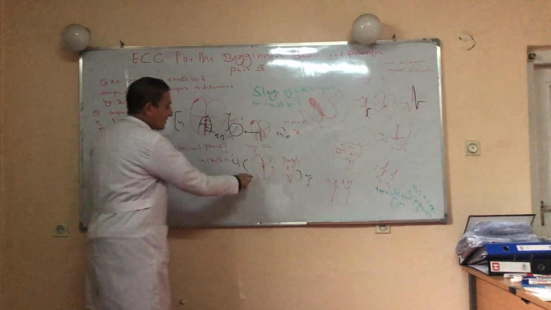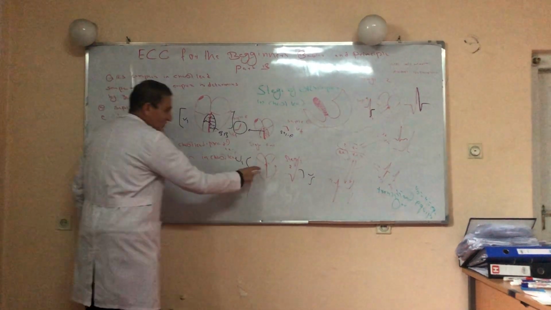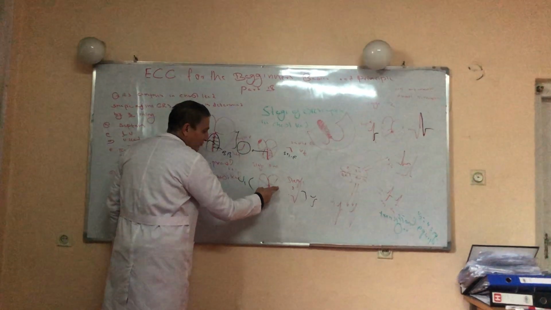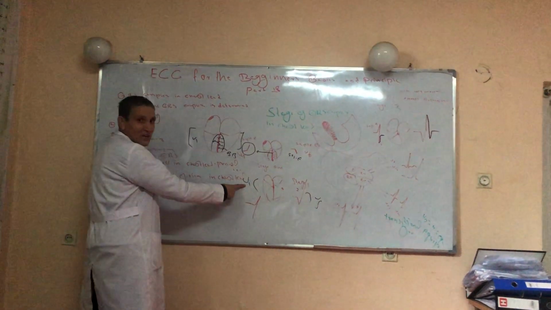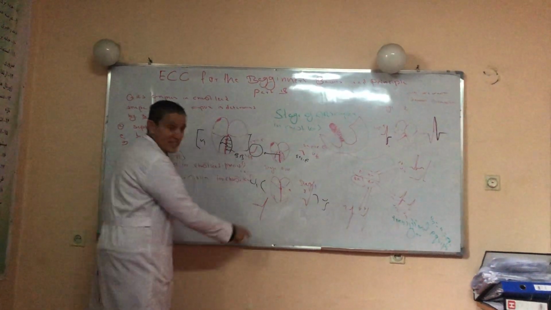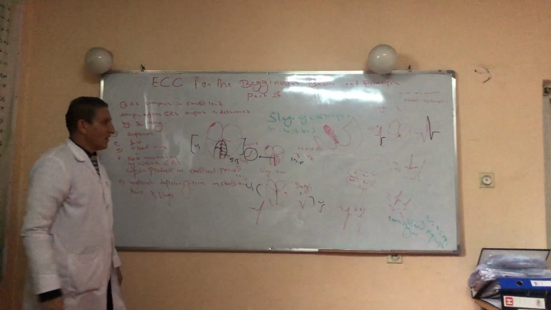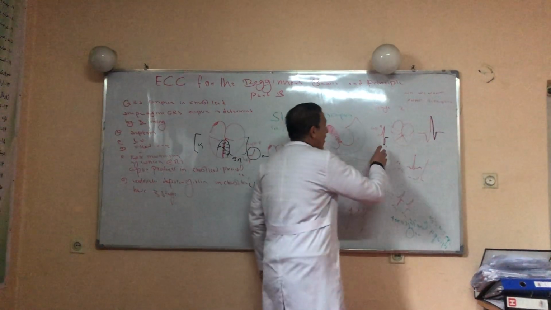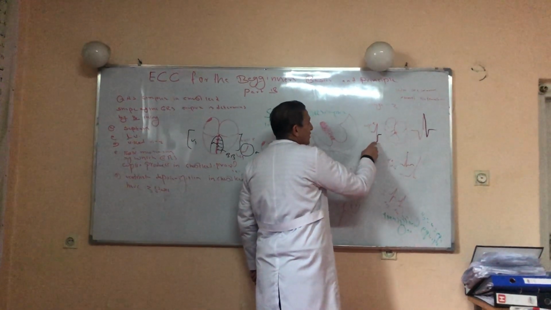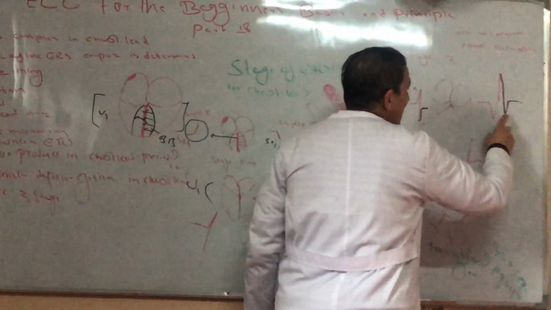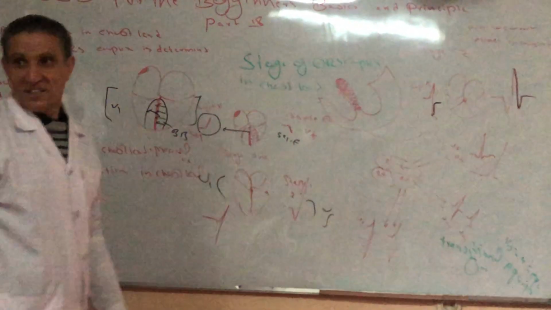This is called stage 1. Now we come to stage 2. After the septal ventricular depolarization, the electrical impulse moves toward the left ventricle and away from V1. So in V1 they produce an S wave, and on the opposite side they produce an R wave. And finally, after the septal and major part of the ventricular depolarization, the ECG comes back to the isoelectric line. This is called stage 3.